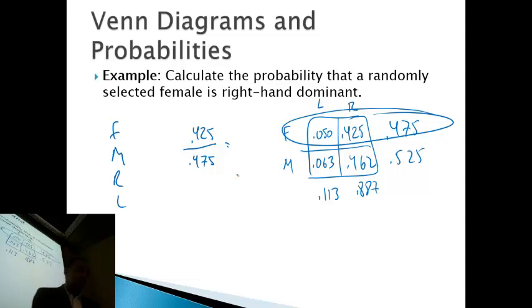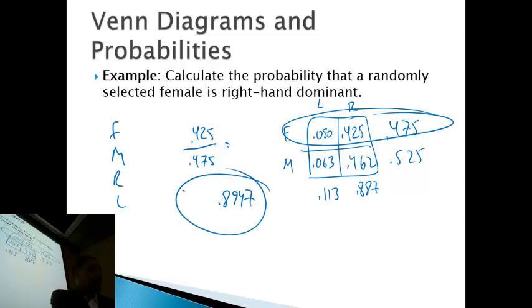So 89.5%. All right, so we know that the woman, so we're saying here 0.8947. If I know she's female, the chance of being right-handed,